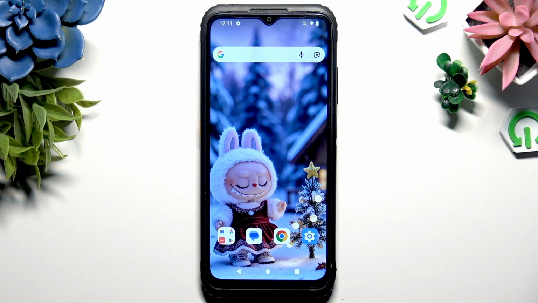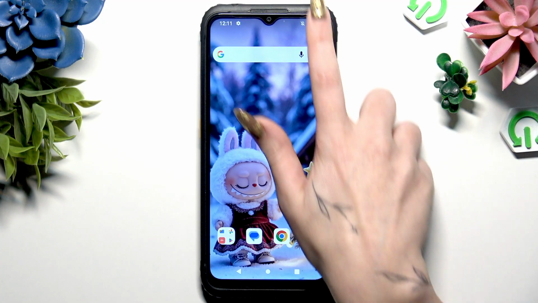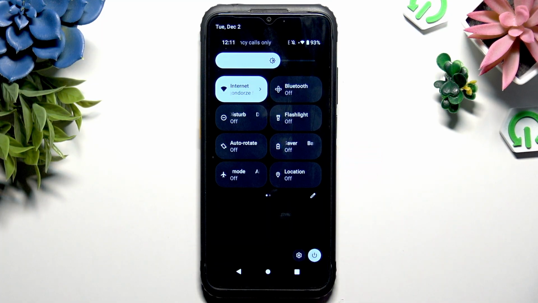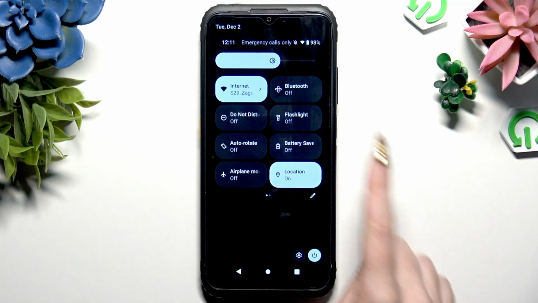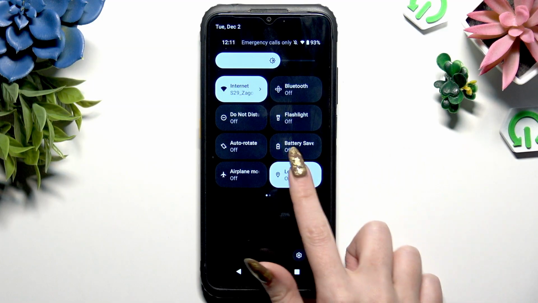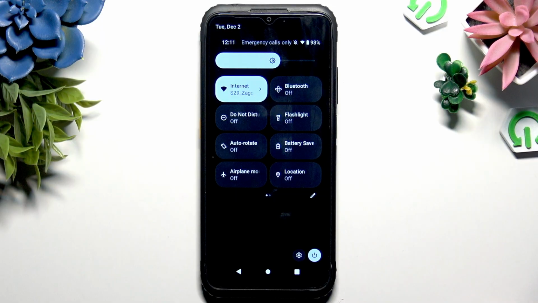Start by going into Tab menu. To do that, swipe down from the top right corner of your screen. Like that. Now look for location shortcut, and when you find it, click on it. As you can see, mine is here, and when I click, it turned blue. That means that location is enabled, but you can always disable it by tapping on the same shortcut until it's